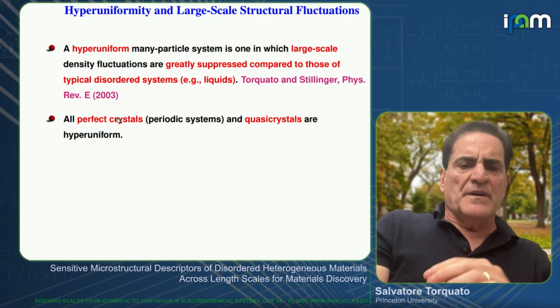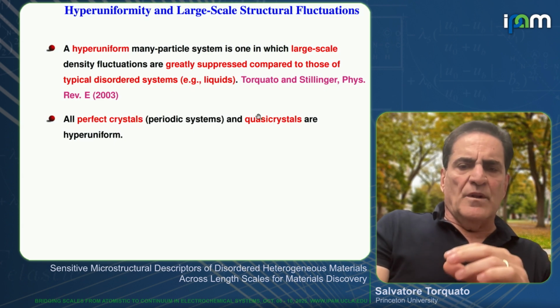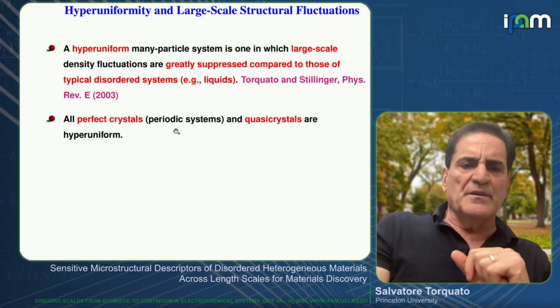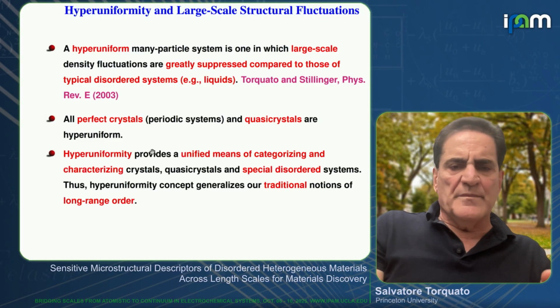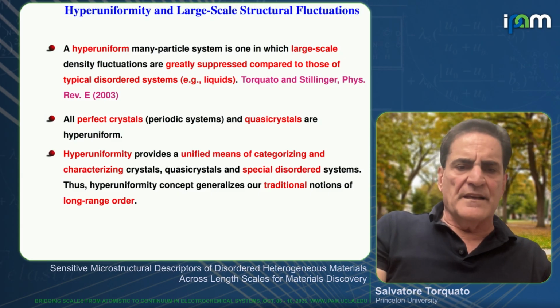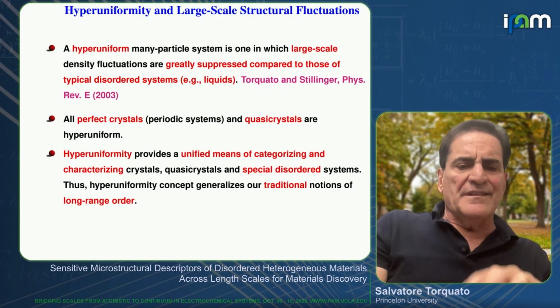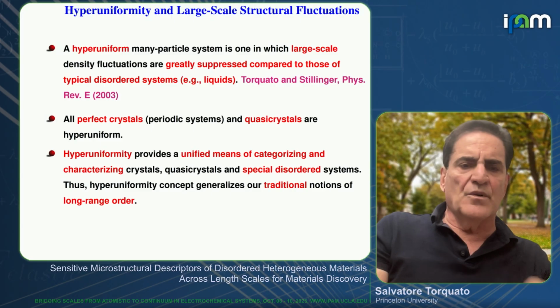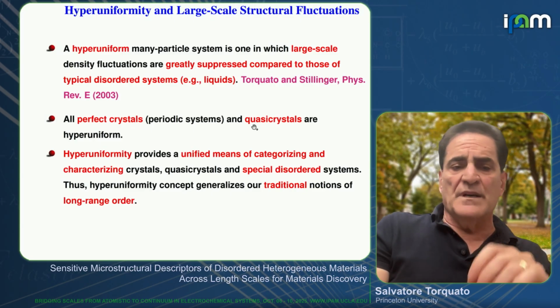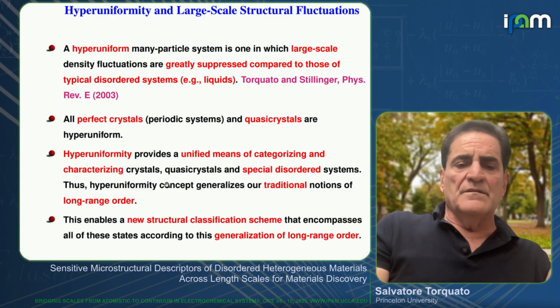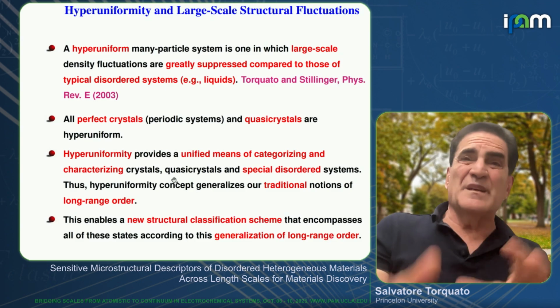Now, it turns out all perfect crystals and all perfect quasicrystals are hyperuniform. So hyperuniformity provides a unified means of categorizing and characterizing crystals, quasicrystals, and special disordered systems. So you can think of this as generalizing our traditional notions of long-range order, the ones that we had for perfect crystals and perfect quasicrystals, to now include these exotic kinds of disordered systems that behave